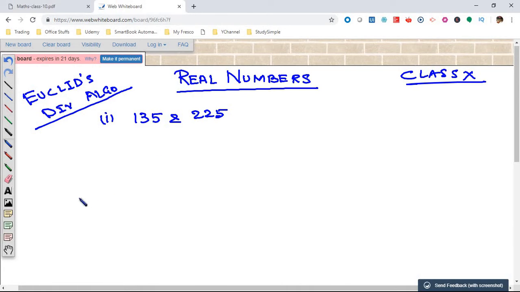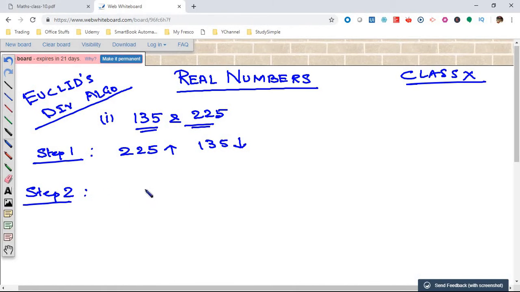225. The first step that we need to do, step number 1, is to identify which of these two numbers is greater and which is smaller. Obviously 225 is greater and 135 is smaller. Okay, so we will do step number